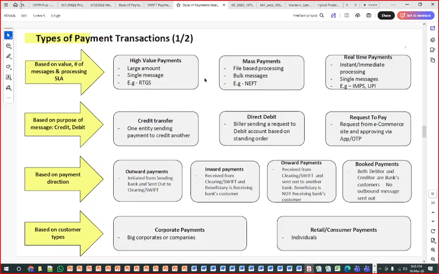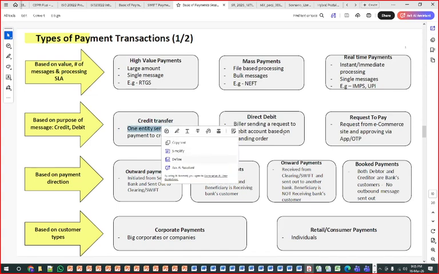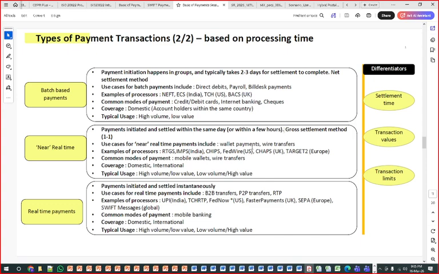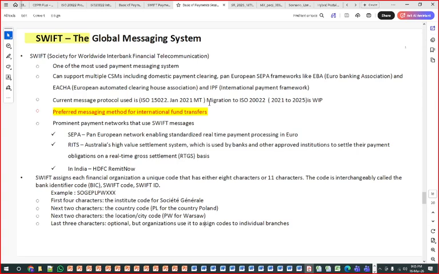Everything we are discussing here is basics only. Then we are understanding the concepts of high value payment, mass payment, direct debit, inward payment, corporate payment, retail payment, book payment, request to pay. You have already done all this before, only you were not aware you were doing these things. So we are going to see a brushing up of your knowledge too. Then we are learning real time payment, net payment. There are many things: US payment, UK payment, India payment, and how SEPA payments work.